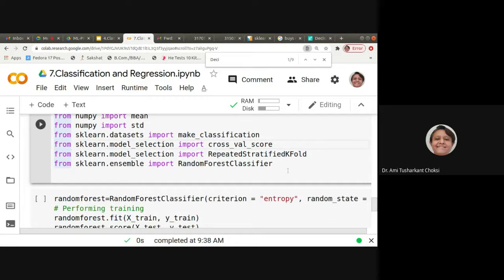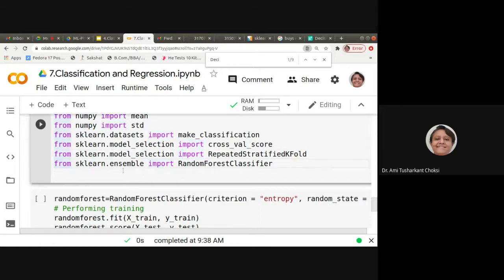That is stratified, then cross tab. All those things we have seen. Then from sklearn model_selection, import repeated stratified k-fold. K-fold, we have seen that.